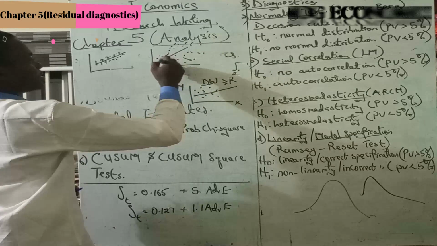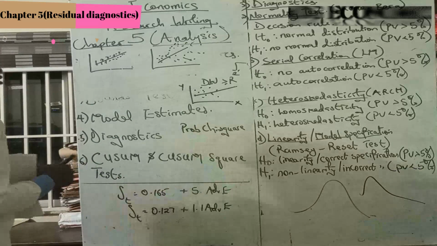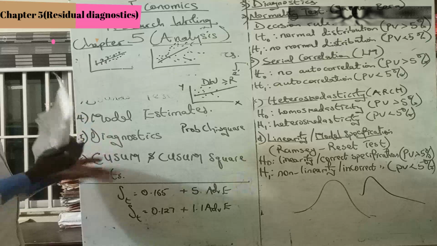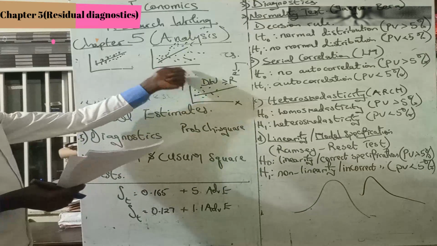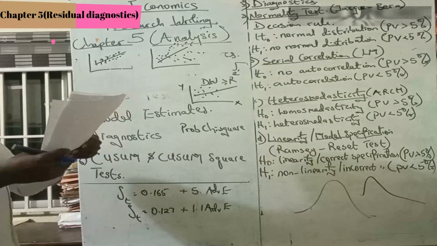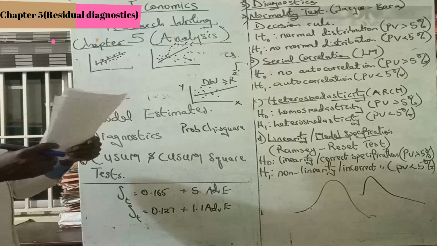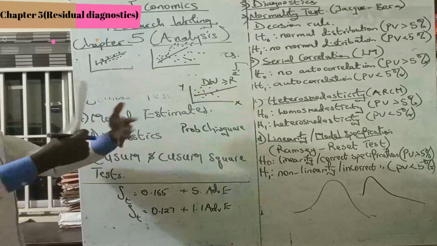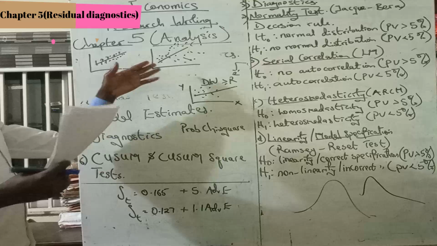So the distance of the different points in your scatter plots, they are far. Some are close to the regression line, some are far away from it. So when you have something like this, it is heteroscedastic, there's unequal variance. I wrote it somewhere: dispersion. When I'm talking about variance, I'm talking about dispersion, how far away or how close they are from the regression